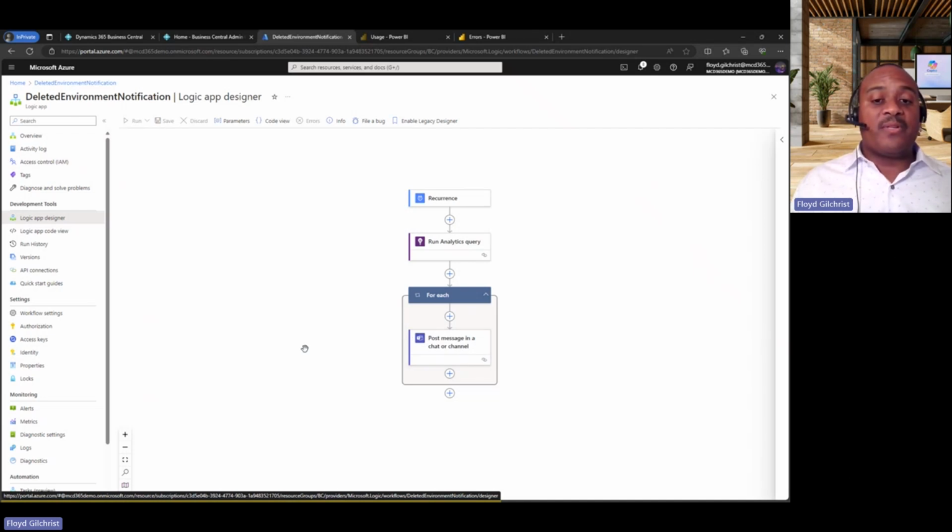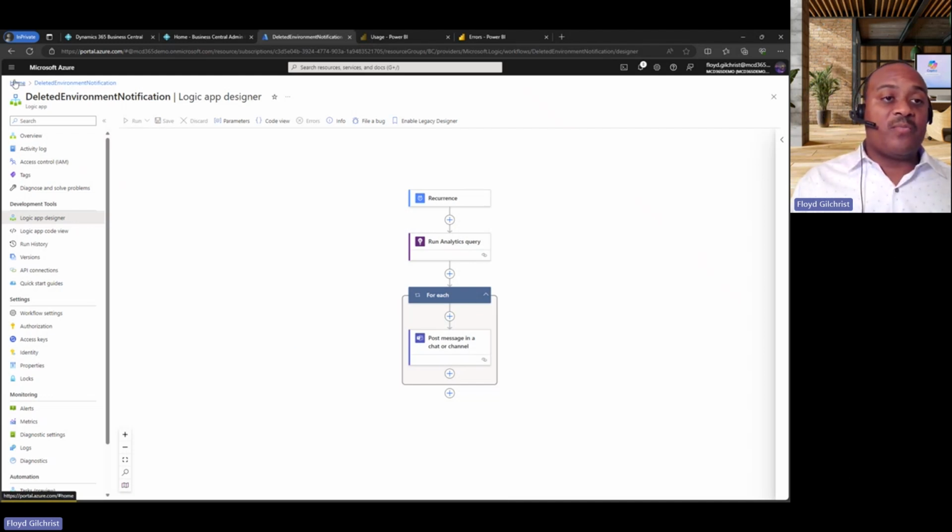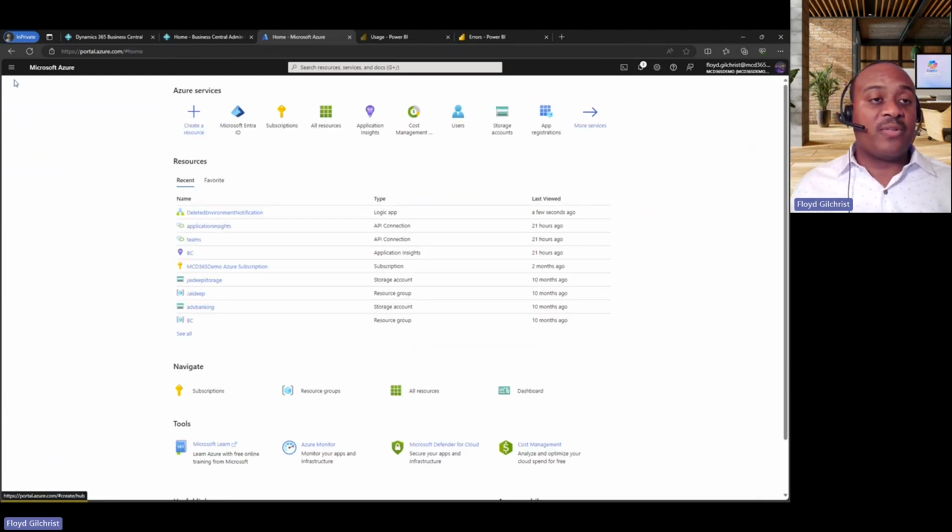Now, you can set up alerts to Teams. You can set up an email alert. You can set up alerts to many different areas from the Azure platform. And in some cases now, you can even set up alerts to Power Virtual Agents, which is another very nice service, which is now part of Copilot Studio. So there's a number of ways you can interact with things that are happening within the environment.